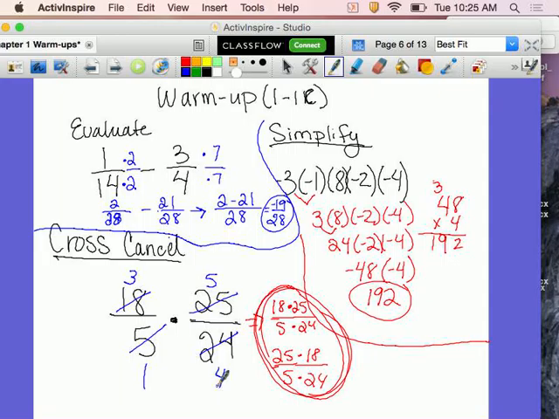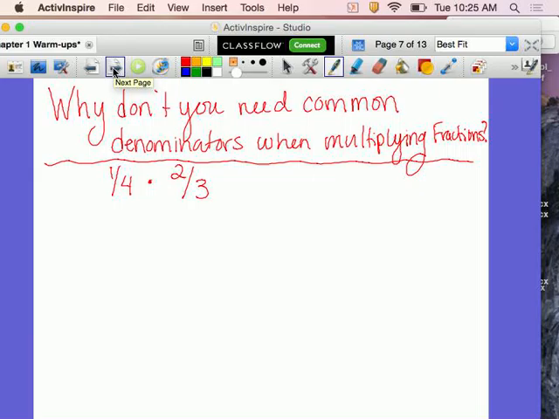Okay, let's review multiplying fractions. For multiplying fractions, you do not need common denominators. And why is that? Why don't you need common denominators when multiplying fractions? I'm going to show you why in a visual model. You have to think about what this says. I can read that 1/4 times 2/3, but that's just reading what I'm seeing. Comprehending it would be: